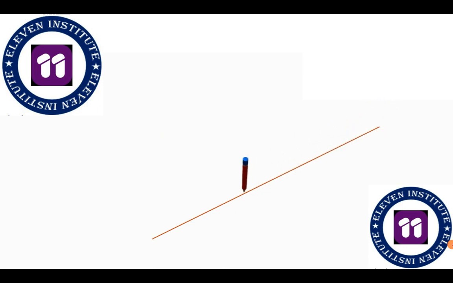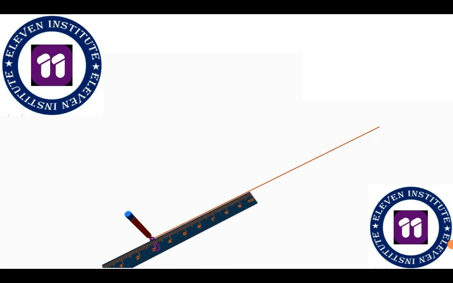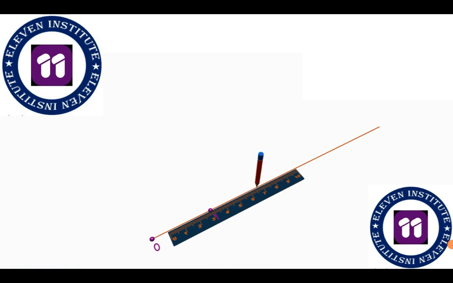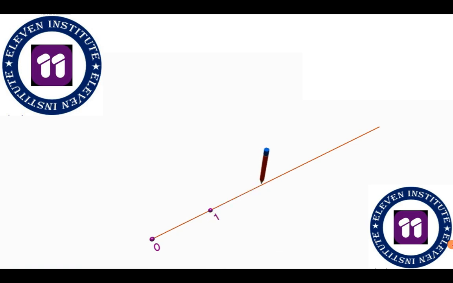On the number line, we will again plot the numbers 0, 1, 2, 3, 4 at equal distances. The distance between all of them should be equal. I have taken a distance of 4 centimeters as 1 unit. You can take anything you like as told to you previously also. So you can see 0, 1. Again after 4 centimeters there is 2. Again after 4 centimeters there will be 3. I am again making it very clear, friends. Instead of 4 centimeters you can take 2 centimeters, 3 centimeters as per your wish, as per your convenience, or as per the space available to you.